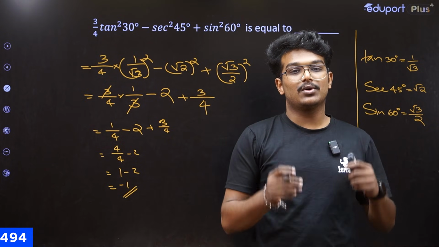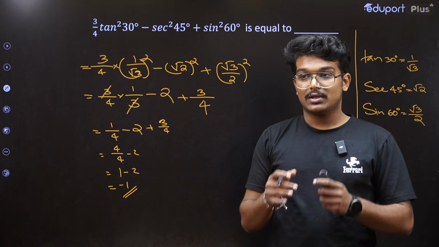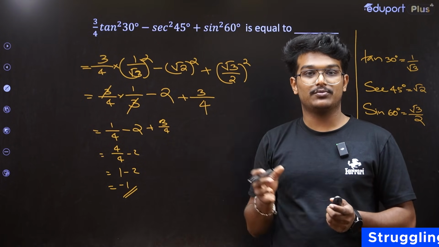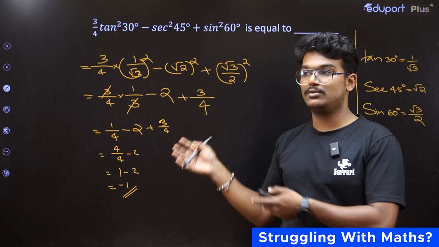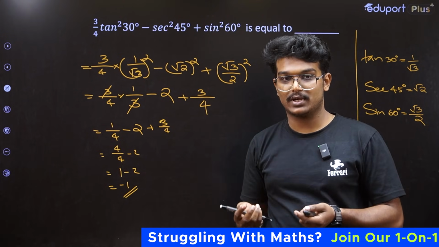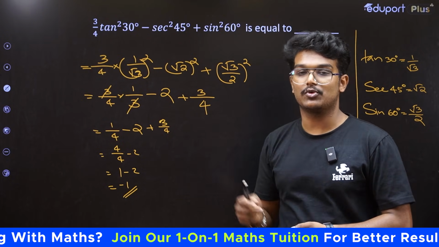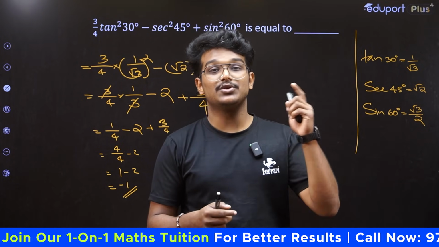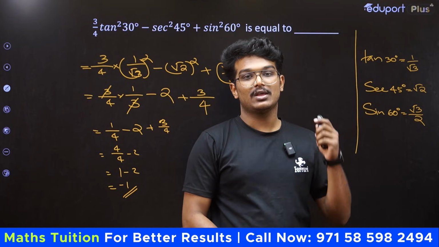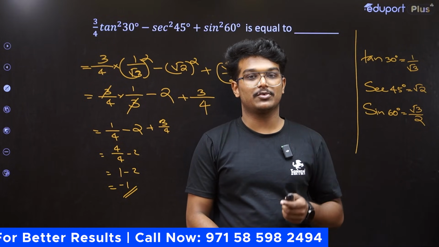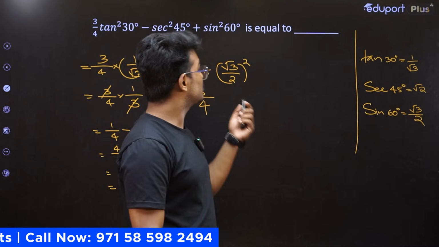Clear? Let's go to the next problem. So we discussed the first type of problem, 2 questions. Then now it is the value. We are substituting the values and finding the value of an expression. This is the second type question, and the third type question is using identities. Okay, we are going to solve that type of questions next. So the next question is,